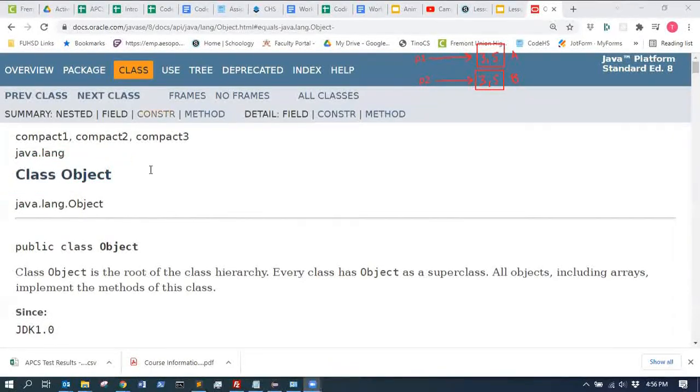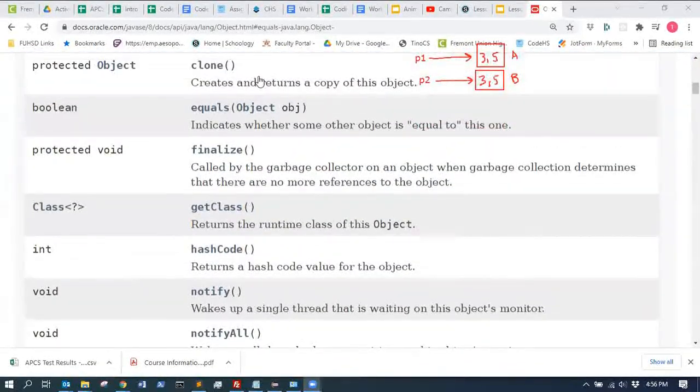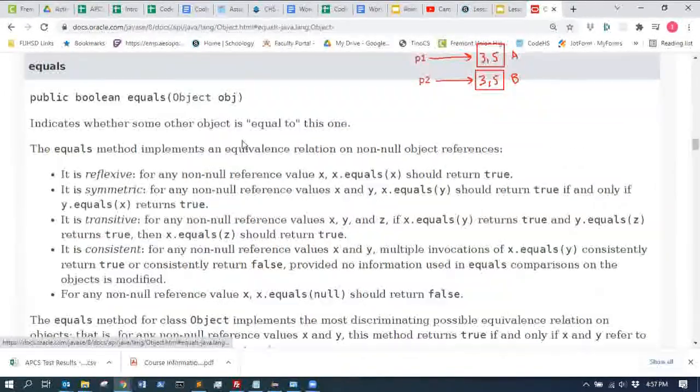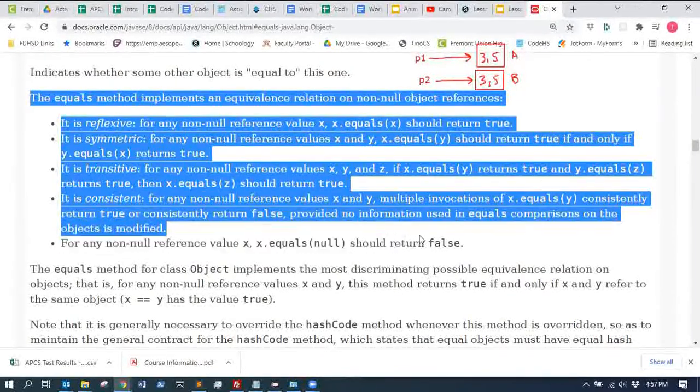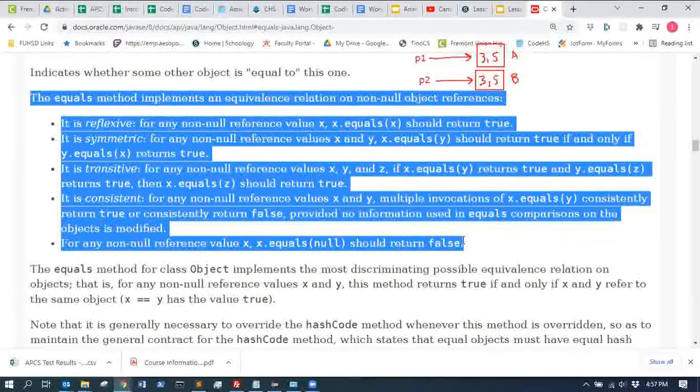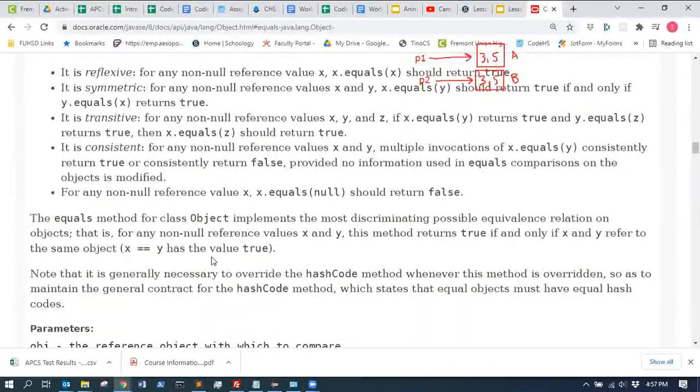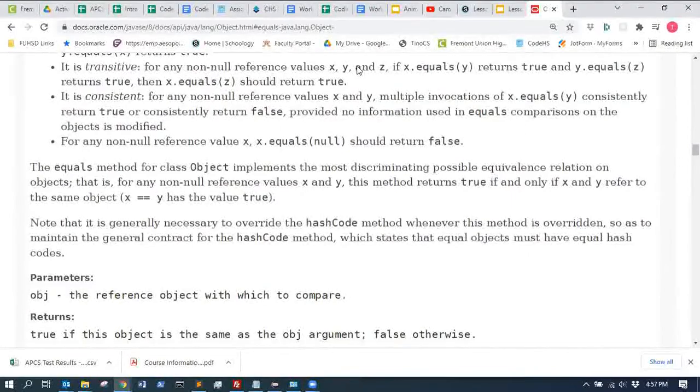And every object actually turns out to have this equals method. And that's why it takes an object, right? Because it's going to return whether any two objects are equal. Now, if we look at this, there's a whole bunch of information here about how if you do override this method, you need to make sure that it works basically the way people would expect it to work, so that the objects are reasonably considered equal. I'm going to clear all these drawings. Okay, but then if you look down here,